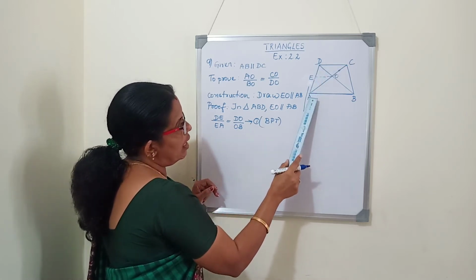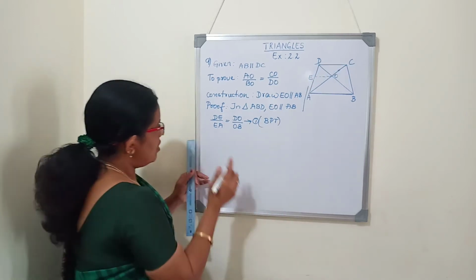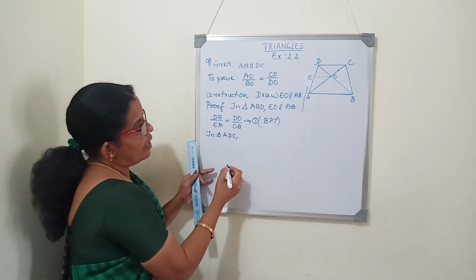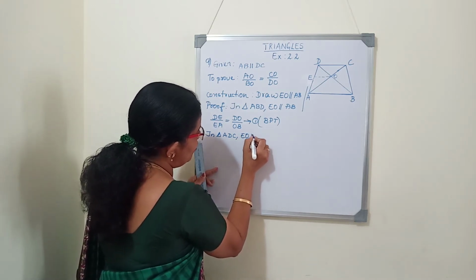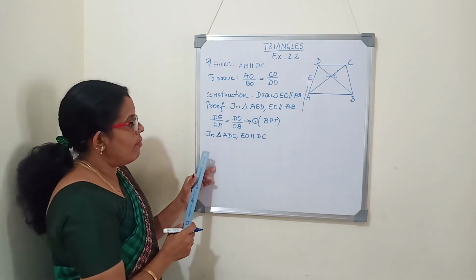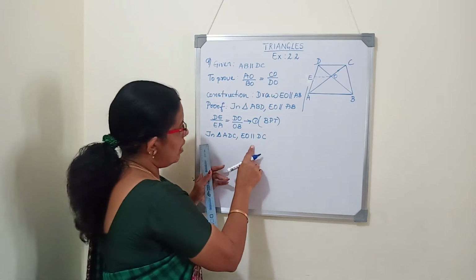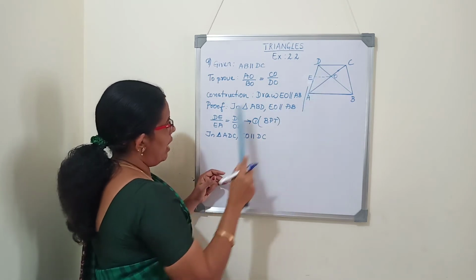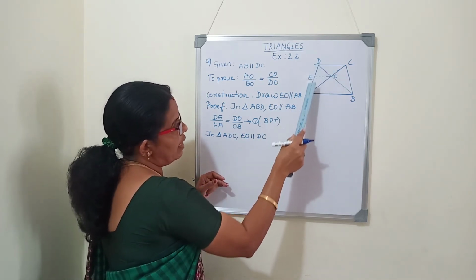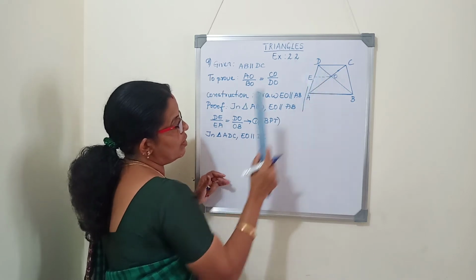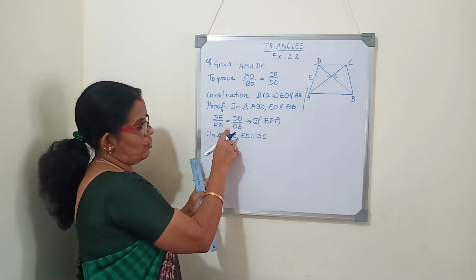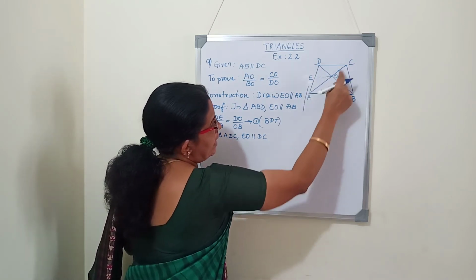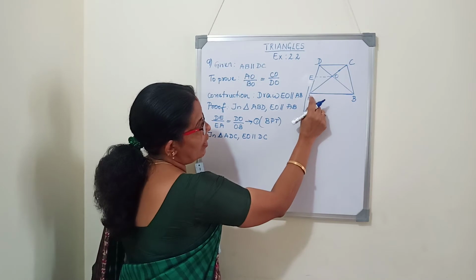So now we will consider the triangle ADC. We will write in triangle ADC, EO parallel to DC. Now how can we write BPT? When we write BPT, as we started here with DE by EA, this also we have to start with DE by EA. Or if you write it in the reverse order, then we have to reverse the ratio. So I will show you how can we write DE by EA in triangle ADC. And normally we will always start with a common point.